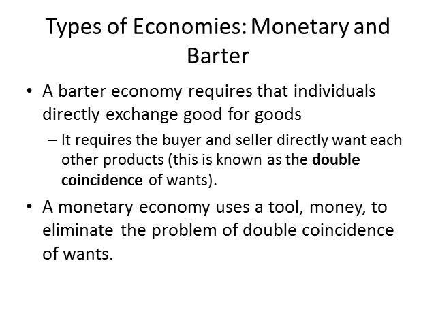In a monetary economy, individuals use a tool called money to eliminate the double coincidence of wants. So the economics instructor gives lectures at a community college for money, takes the money and goes to the fast food restaurant and buys a hamburger, because the restaurant wants cash so it can buy the things it wants.